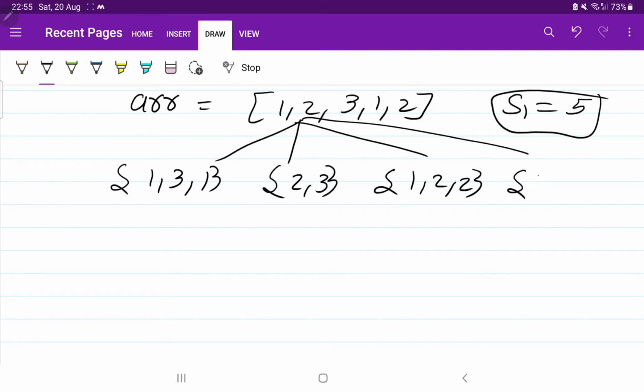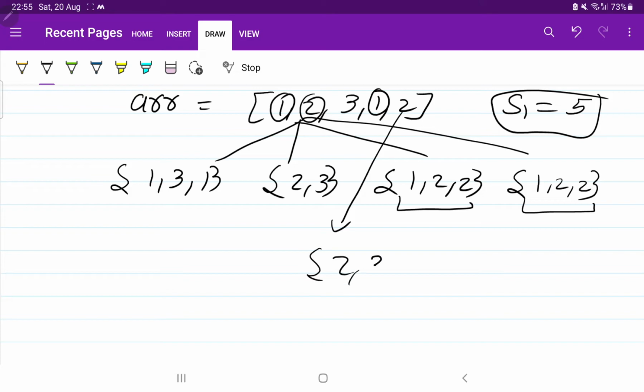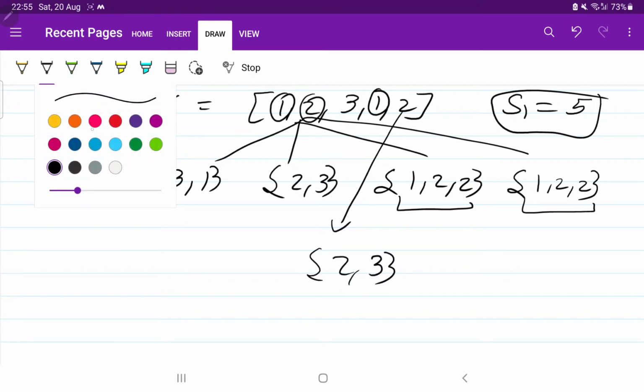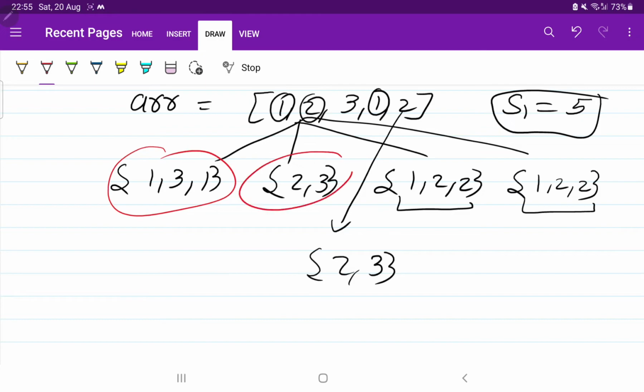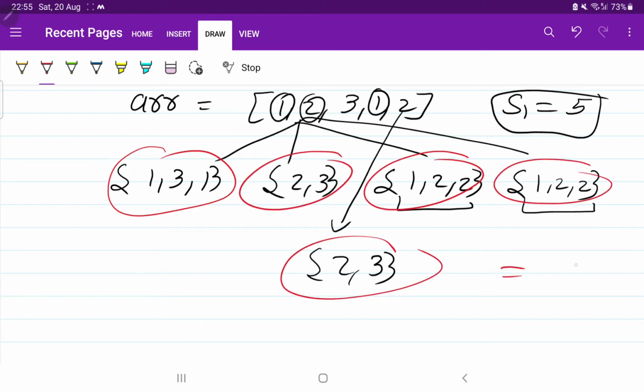We can take the elements 1, 2 and 2 again. Why have I written 1, 2 and 2? One time I have chosen this one and one time I have chosen this one. So I told you these will be counted as two separate cases. Correct? And one time I chose this 2, and this time I am going to choose this 2 and make 2 and 3. So how many possible cases have we got? 1, 2, 3, 4, 5. There are 5 such subsets possible which give us the value 5.